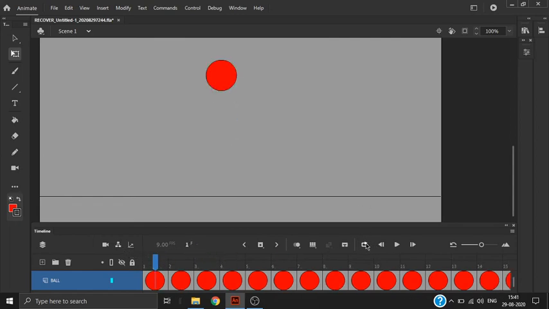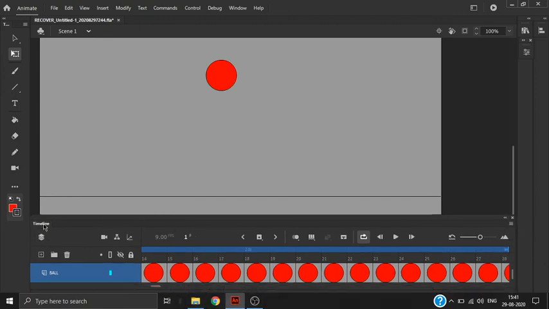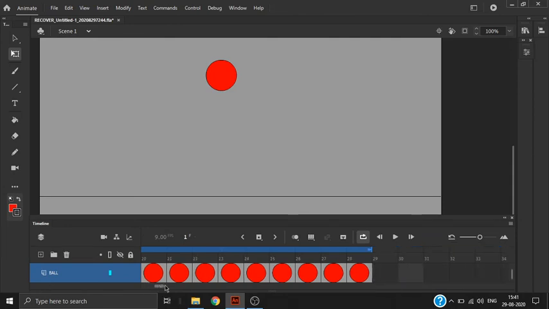And if you do not want to keep on clicking the play button, you will see one option, the loop button. Click on it, and what the loop button does is that it repeatedly plays your animation. Like I extended it to my last frame. My last frame was 28.